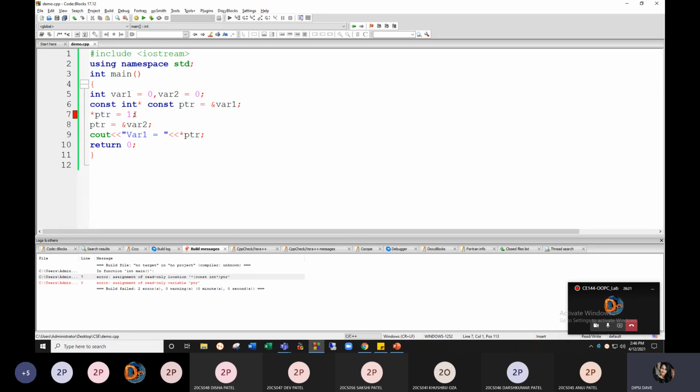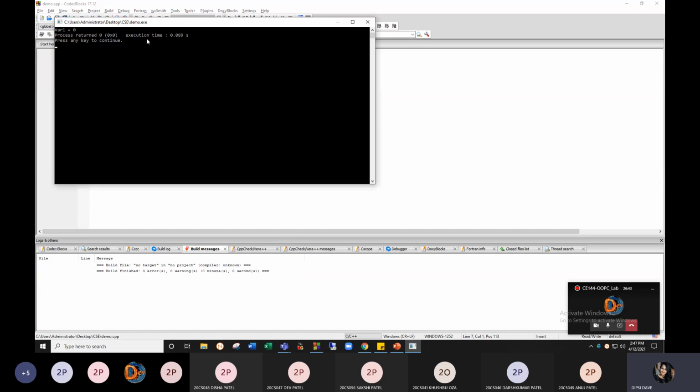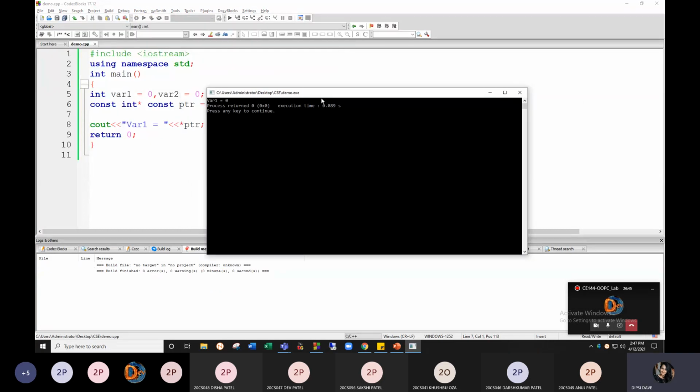Over here we are trying to update the value of variable 1 using the pointer, and over here we are trying to give the pointer a new location to point to. So both of them are wrong. So we have to either remove them or just put them in comments, right? So you can see that this is the concept.